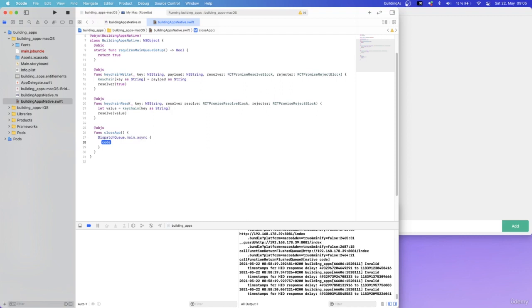So what's happening here? As it turns out, whenever you develop native functionality on macOS or iOS, you need to use certain queues, right? Anything that has to do with the UI of your application needs to run on the main queue. In order to keep the UI consistent and all the operations updating your UI without messing up some UI detail, everything needs to run in a single queue, in a single thread. So that's what we're doing, right? We're calling the dispatch queue .main, and then we're saying we want to queue this piece of code to run at some point. Right? After the OS is done updating the UI of our app or doing any other operation,